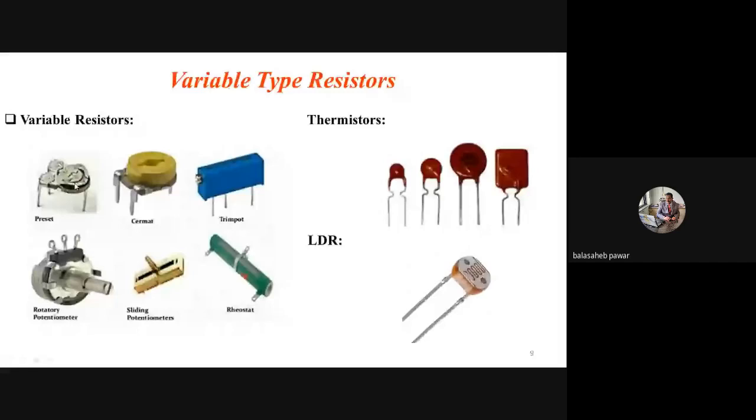Out of the terminals, we can short any two, or it is not mandatory that two terminals get shorted. Why? That also we will discuss in our next slide. Then this one is manufactured from ceramic material, and that's why its name is Cermet. Then the trim pot. This is nothing but a multi-turn potentiometer, and you might have handled our regular conventional potentiometer.